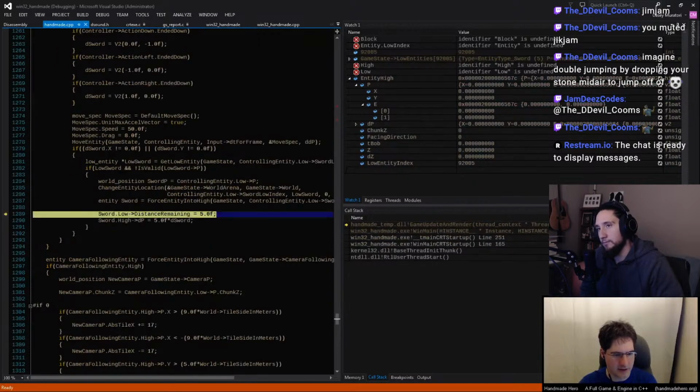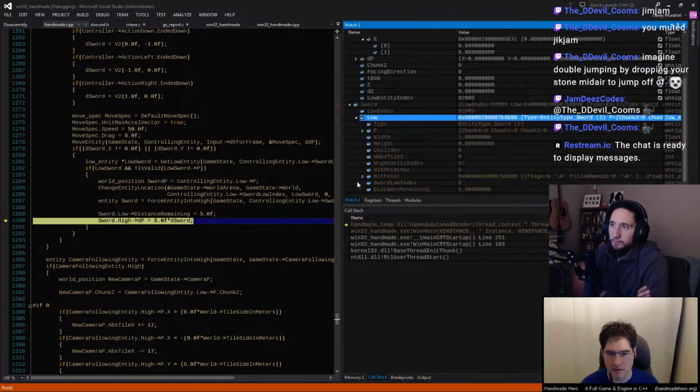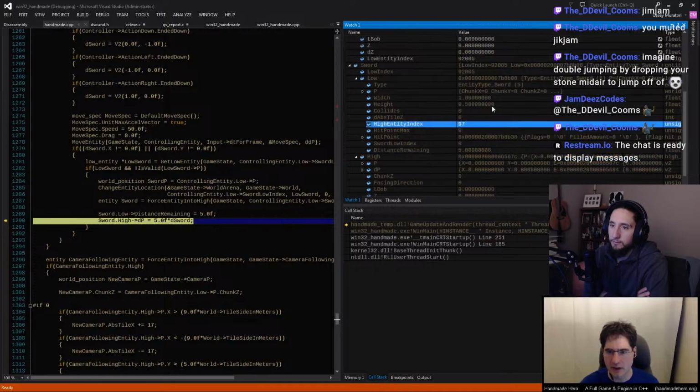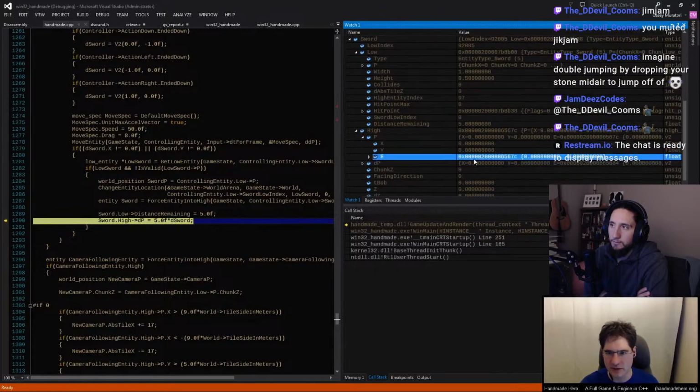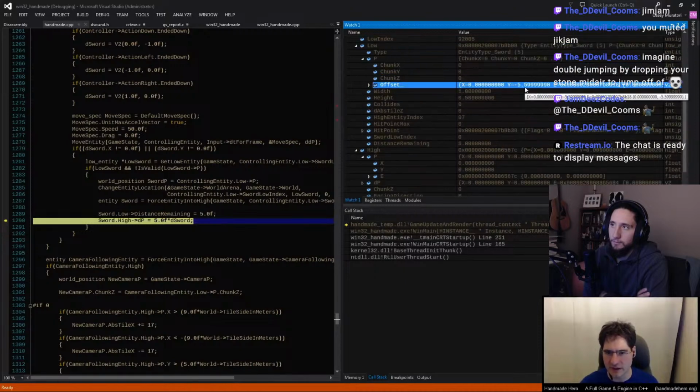We've made the entity high frequency. Here it is. We set the low and the high there. So let's take a look here. Sword, like this. Let's see the low and the high, like so. So just taking a look at these values, they all look very, very sane. Nothing particularly odd there. I will say, if that's the offset, -559,